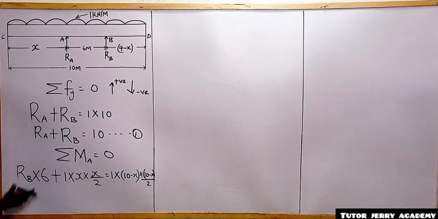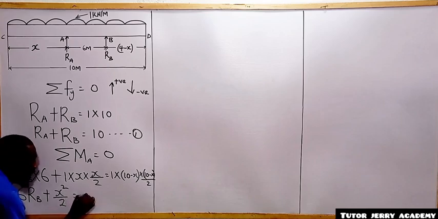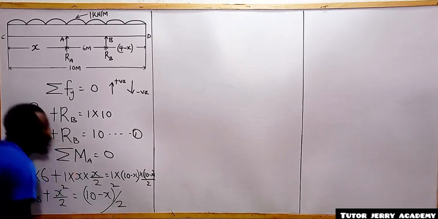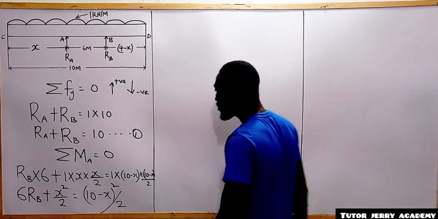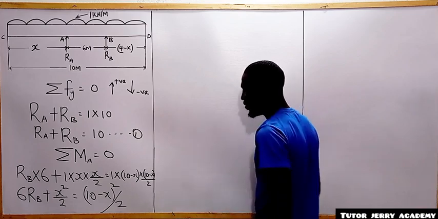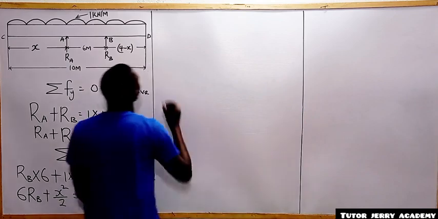All right, so now the next thing we are going to do is solve some maths here. So here we are going to have 6 RB plus S squared all over 2, which will be equals to 10 minus S all squared divided by what? Divided by 2. All right, so that is what we are going to have. All right, so here we can multiply through by 2. If we multiply through by 2, 2 multiplied by 6 RB, we are going to have 12